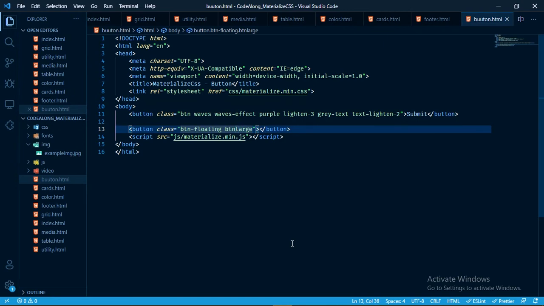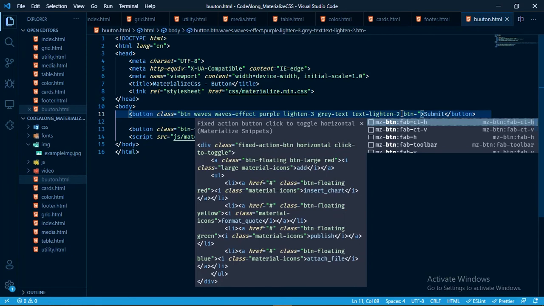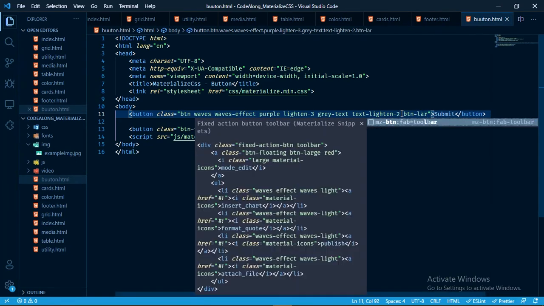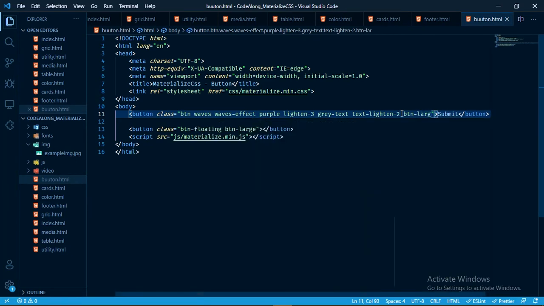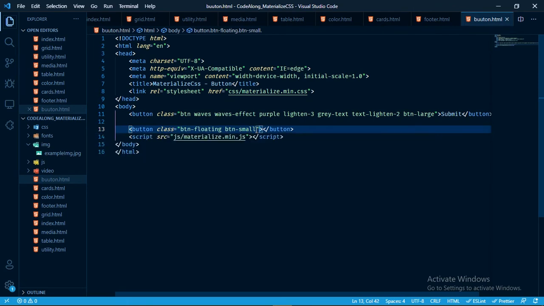So we also have a btn-large or btn-small. So I could decide to make this bigger, btn-large, and we decide to make this small, and add a btn. Let's leave out the color, and